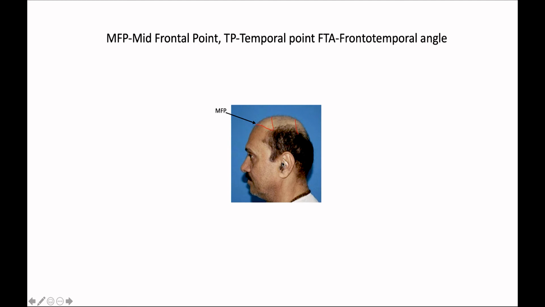And this line, a line joining the external auditory meatus, divides the mid-scalp and the frontal area. Okay. So this is the frontal, this is the mid-scalp, and this is the crown. It was just a repetition. And this is the parietal hump, which drops down in advanced grade of baldness, and you need to create it. This is the parietal hump. And the anteriormost portion is the temporal triangle, and this is the temporal point, and the angle between this anterior border of the temporal and the anterior line is the frontotemporal angle or frontotemporal point. This is the point and this is the angle.